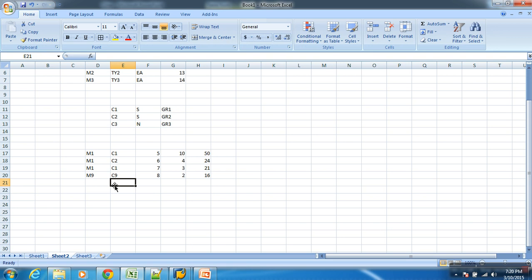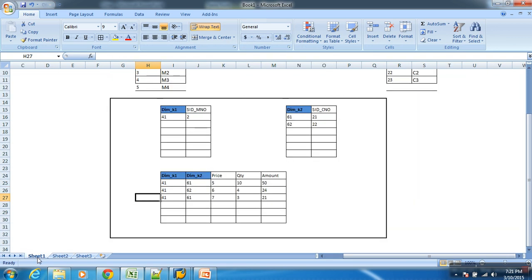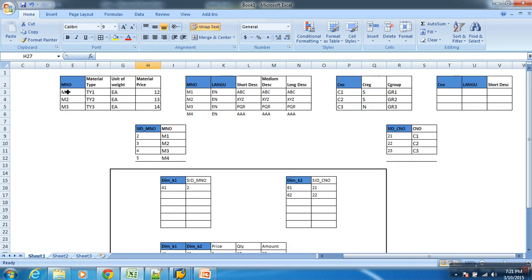But if you say allow it to load, if I allow it to load, then what happens? It does load in. Then how does it load? That's the point. Now look at this. If you allow it to load, it goes here and finds, do we have material number M9 here? No. And you want it to load still. Yes, then what does it do?